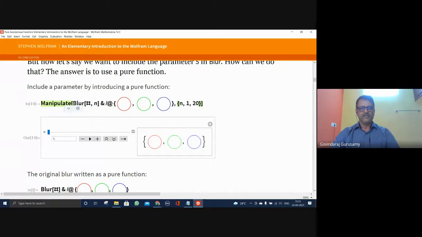So now I have a pure function on which there are multiple operations. See, which means you know how many operations or how many functions have been handled by adding this Manipulate with the pure function. With the hash, it has been done with the different values of n, 3 times on 3 different images.